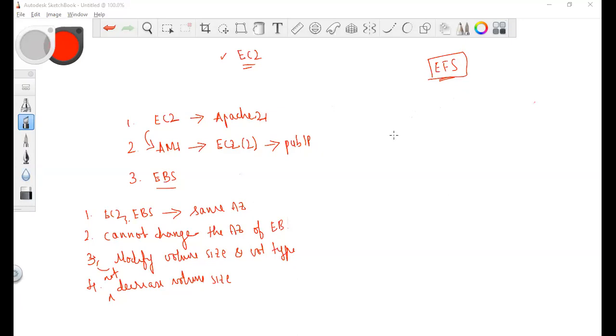Okay. So EFS is also a storage to your EC2 instance. EBS as well as EFS, these are the volumes for your EC2 instances, both. So if both are volumes, what is the difference between both? Let me compare with the EBS. I said that your EBS and your EC2 instance should be there in the same availability zone in order to attach it. But this EFS